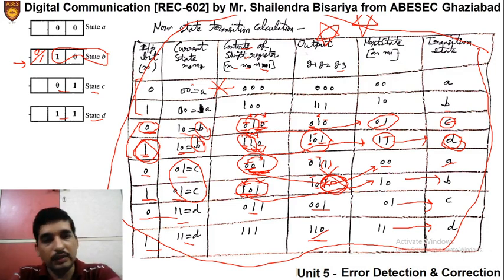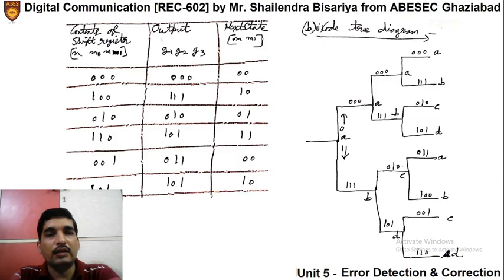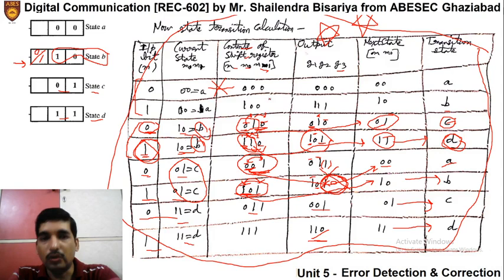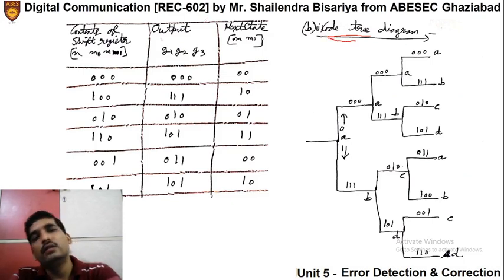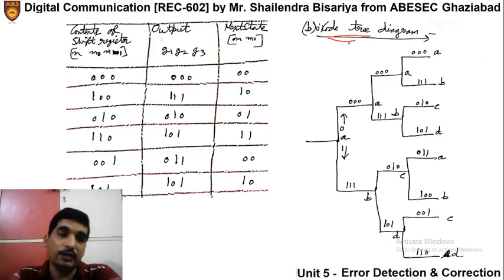So let us discuss all the things one by one. Let us discuss about the code tree diagram now. I have written the values of state transition matrix here just for convenience, that if you have not noted down in your copy, then you can refer this from here, because we will refer this state transition matrix again and again, whether it is code tree, whether it is state diagram, or whether it is trellis. Okay, so let us first talk about code tree.